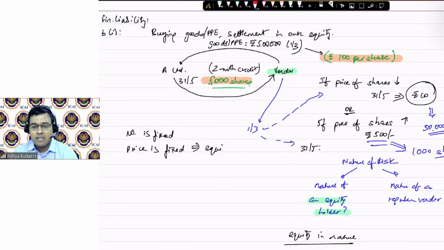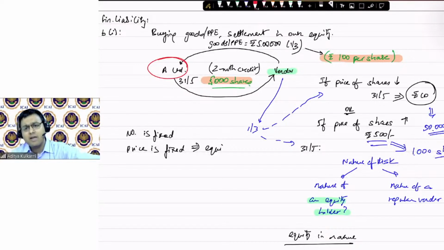And therefore, the vendor's risk appetite is not in the nature of an equity shareholder. It is in the nature of a liability. And therefore, the risk lies with whom now? In the first case, the risk was with the vendor. In the second case, the risk is with A Limited. Sir, what is the risk? Risk could be that the number of shares to be issued could be higher. If the number of shares to be issued could be higher or lower, depending on the pricing, then the risk of settlement lies with A Limited.